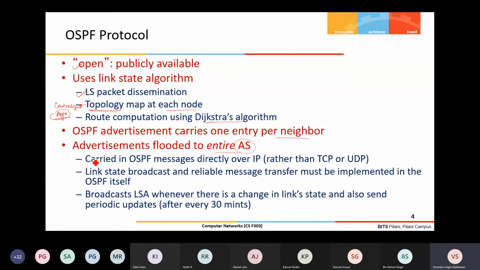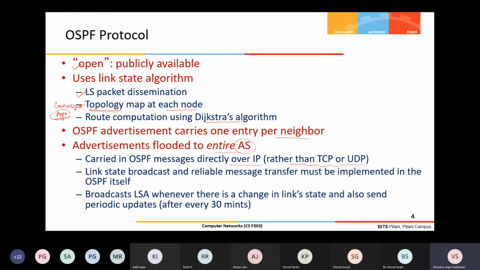Now, these advertisements are flooded in the entire AS and carried in OSPF messages directly over IP. It is not using transport layer protocols like TCP or UDP. OSPF is basically a routing protocol application, and these messages are carried directly over IP datagrams.